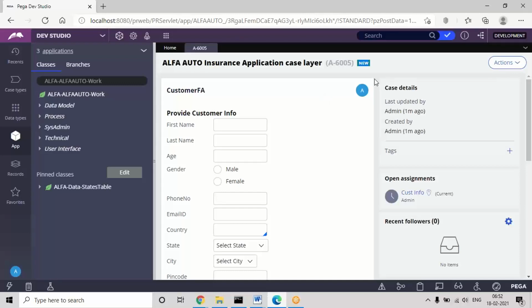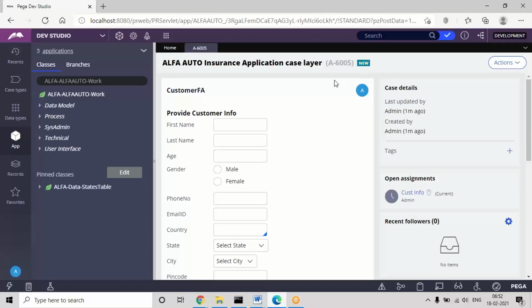So for every transaction, if they want to track the data, up to where the data has been submitted, for example, if you take a policy, whether the policy has been submitted or rejected, or whether it is approved or not approved, like that, if they want to know any transaction information, they can identify it based on the